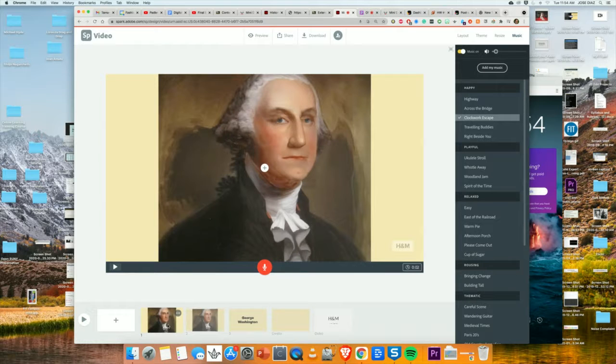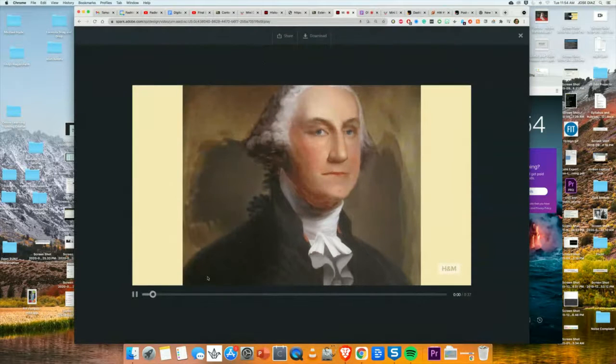This one has audio, and let me add some. That's good enough, right? So now I can preview. I would preview before I publish it to the Padlet. So if I want to preview it,